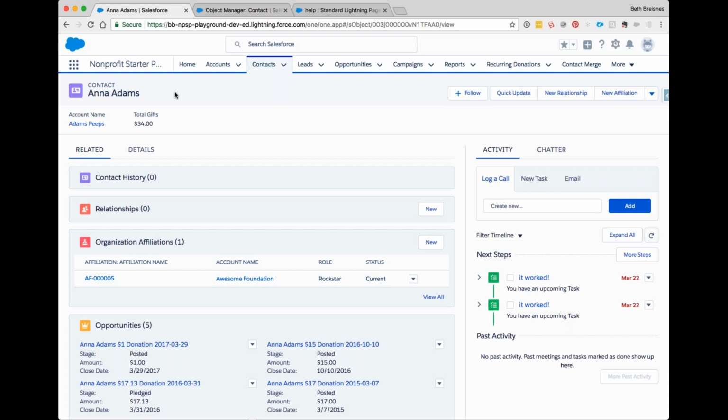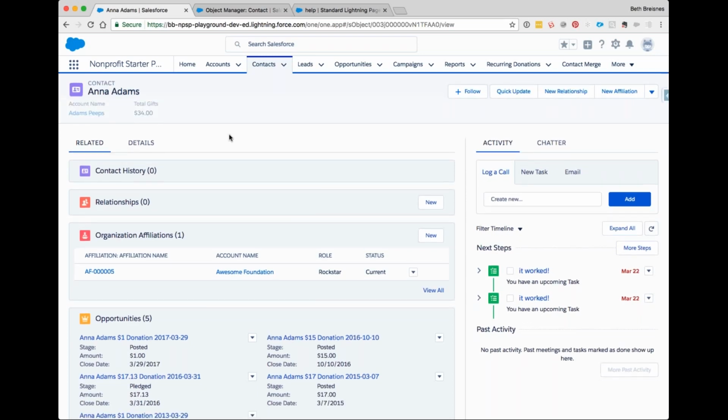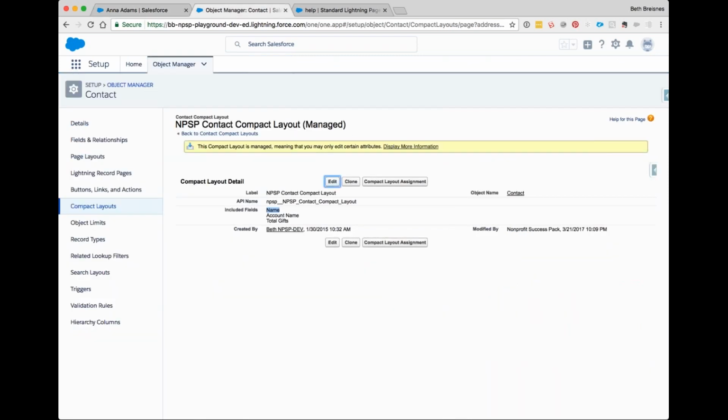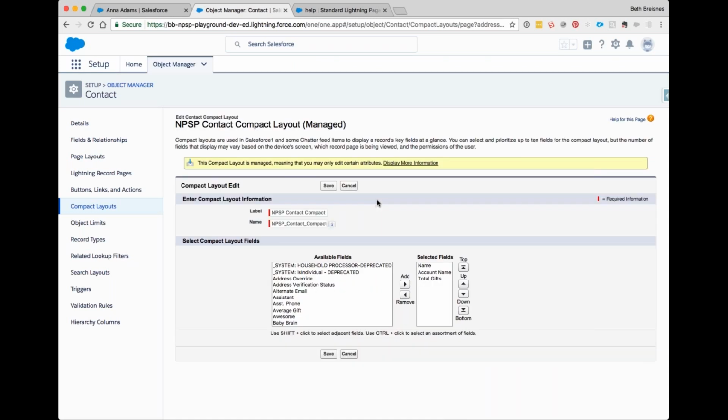Just the ability to add those fields that they're always going to look for within that top section really comes in handy. One little gotcha, and Beth, thanks so much for pointing it out, but the first field that's in the compact layout will show up at the top. We did have an instance where there was a lot of confusion because the compact layout had the account name as the first field instead of the contact name,